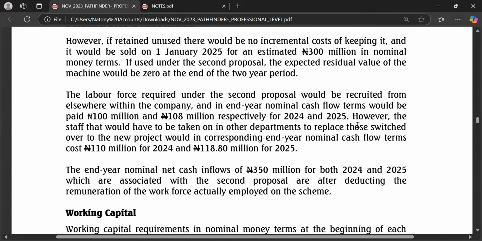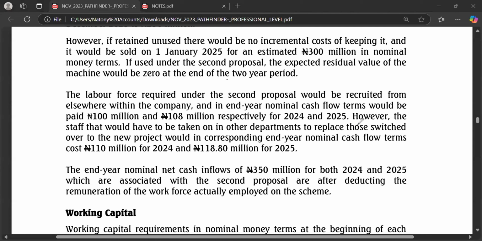However, the staff that would have to be taken on in other departments to replace those switched over to the new projects would in corresponding year-end nominal cash flow terms cost 110 million for 2024 and 118 million for 2025. Okay, so what this means here is that